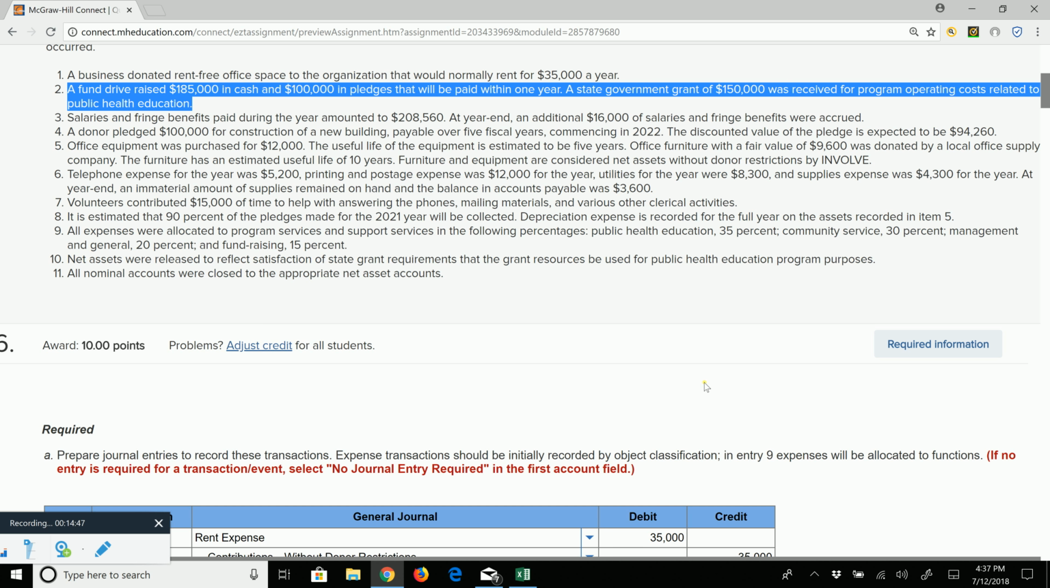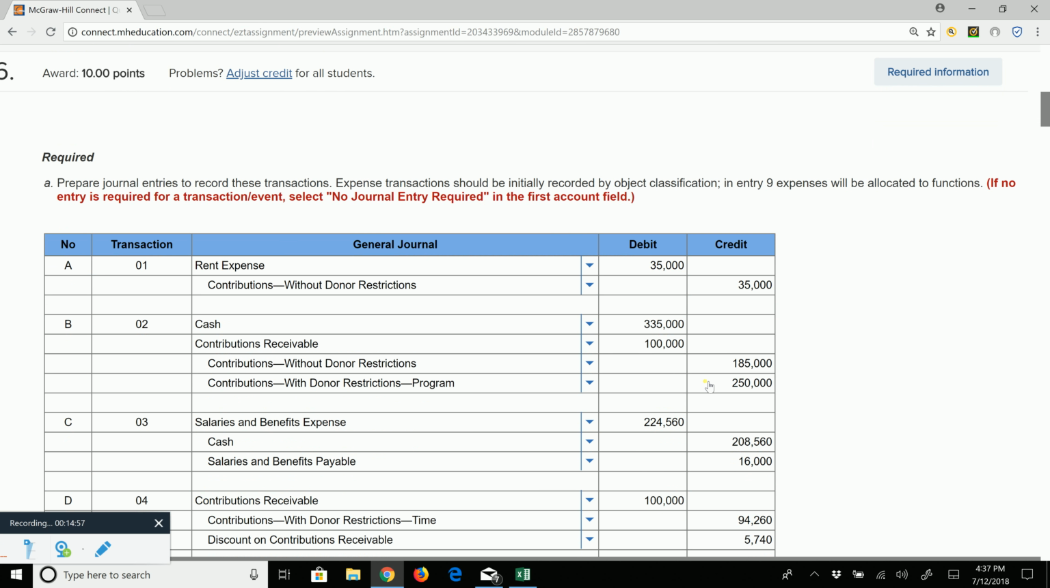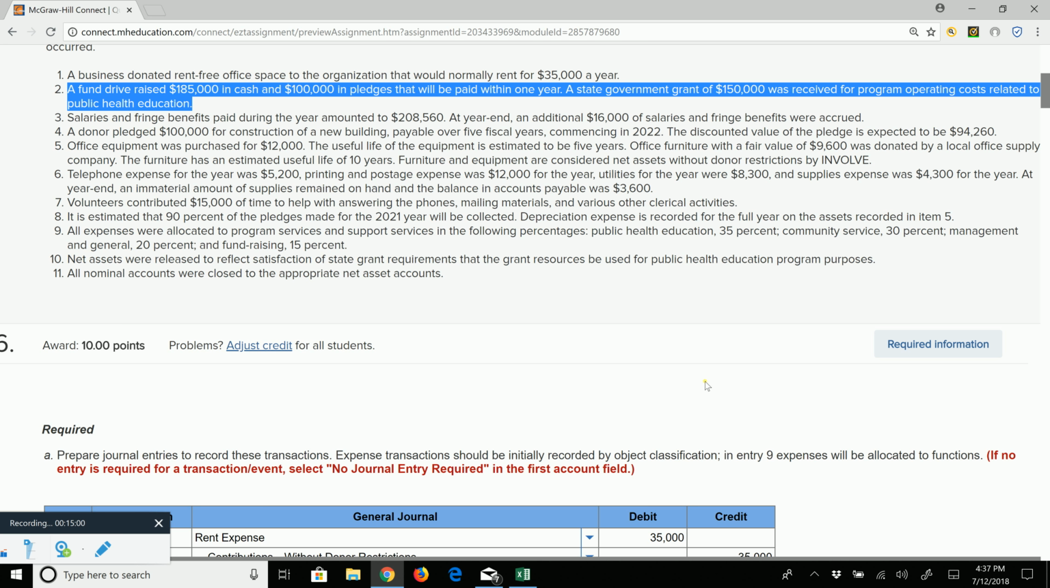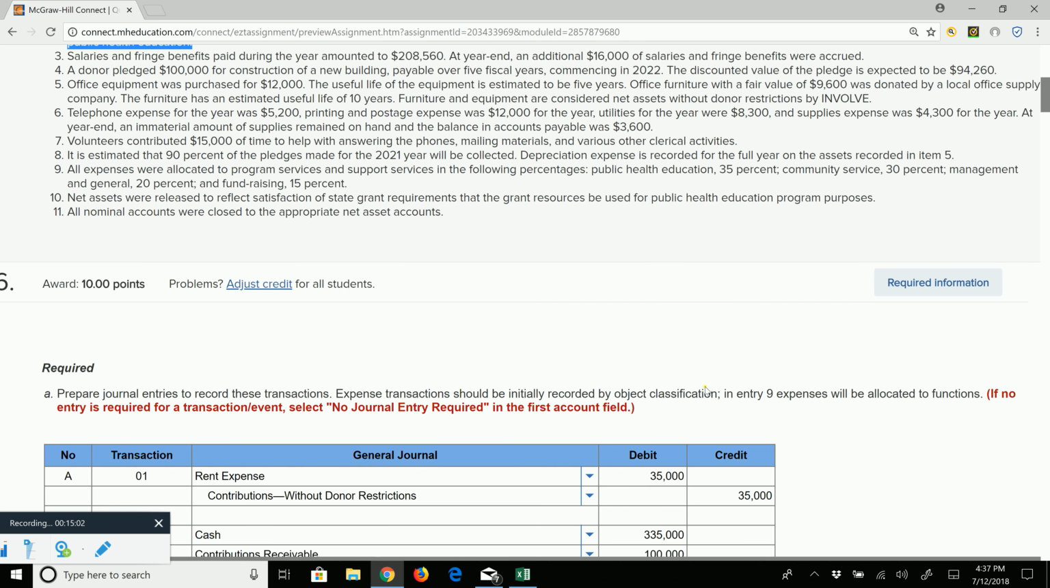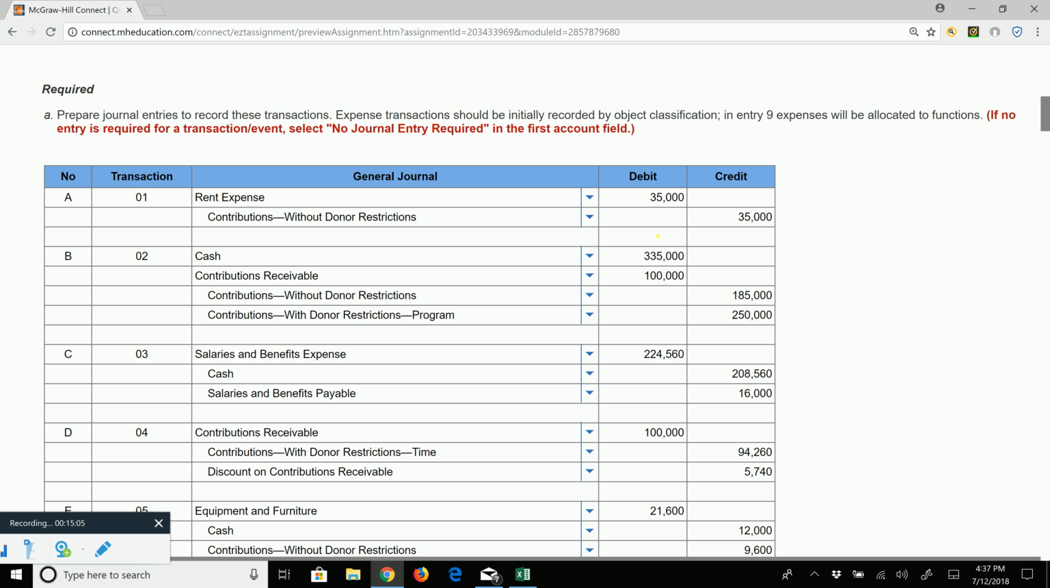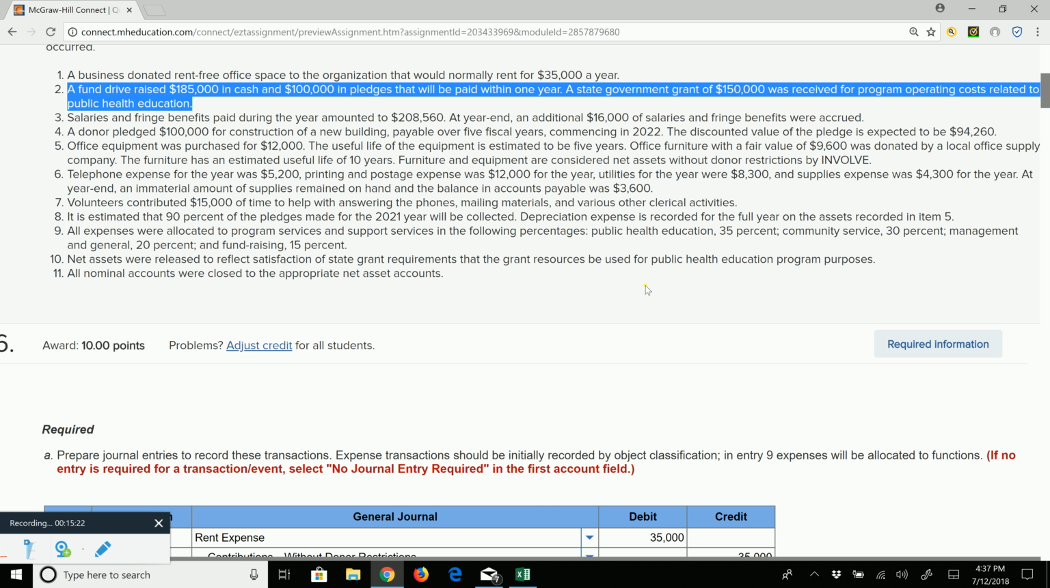All right, so what did we receive? We received $185,000 in cash, $100,000 in pledges, as well as a government grant of $150,000. Well, if we add up the cash, that's the $150,000 grant and $185,000 in cash. Total cash of $335,000. And the other $100,000 is an unconditional promise to give. That is a contribution receivable. That's the pledge. So out of the $435,000 that we've effectively received,